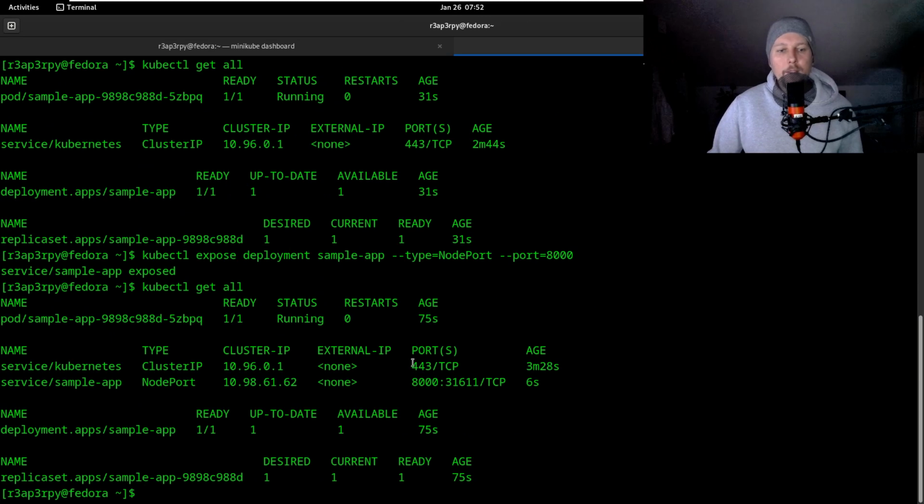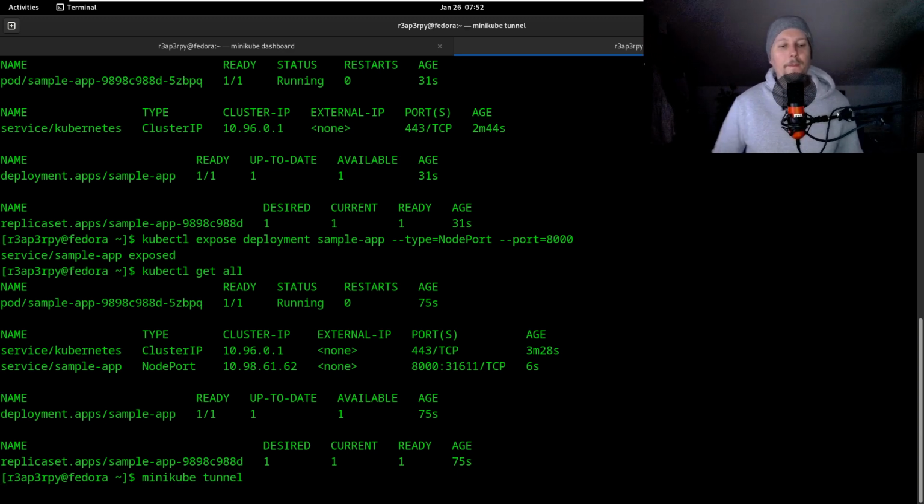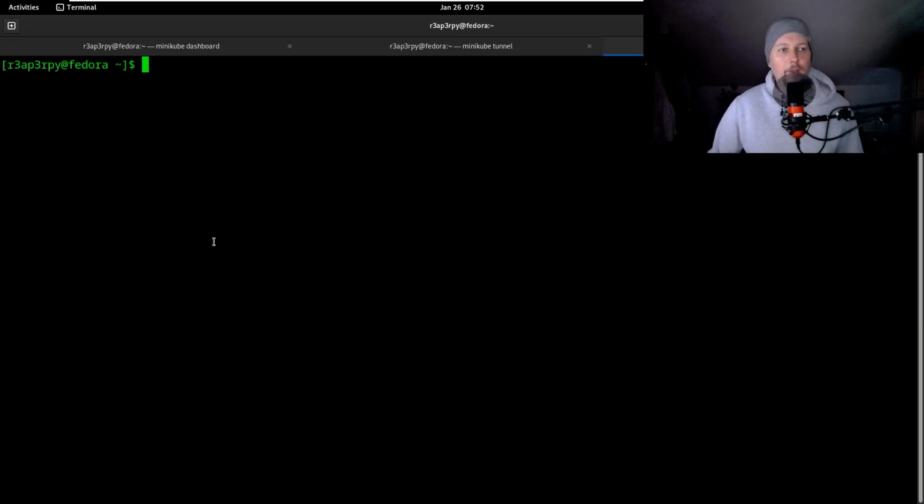And it's not working because it's basically telling us that the external IP is none. So what we have to do is to use the Minikube tunnel. And this Minikube tunnel is going to allow us to reach the external IP. And if we do a kubectl get all,